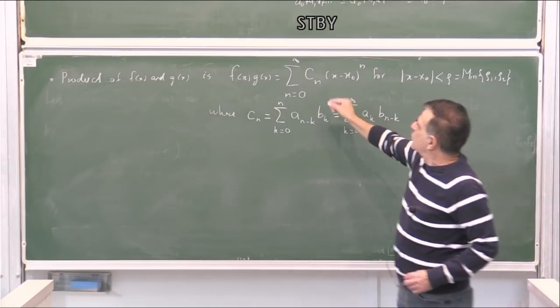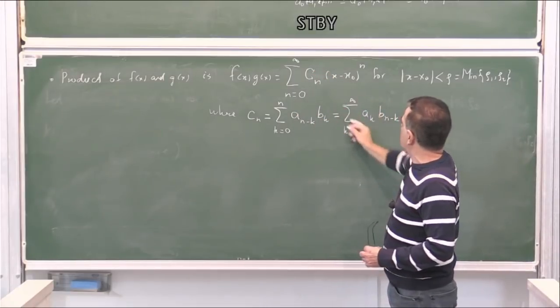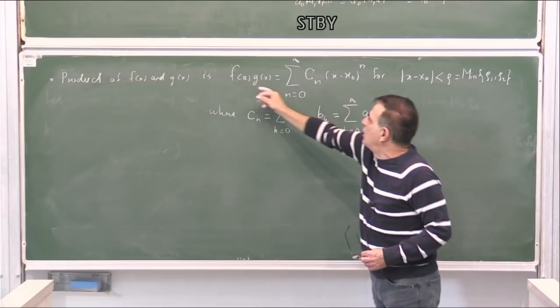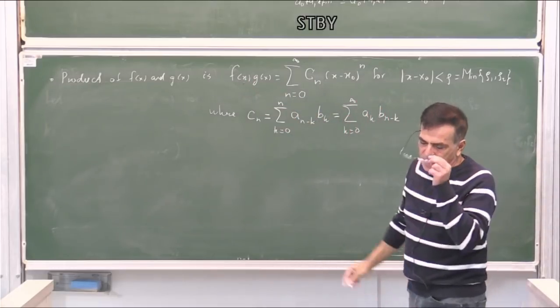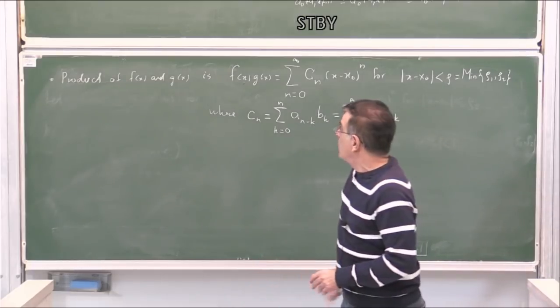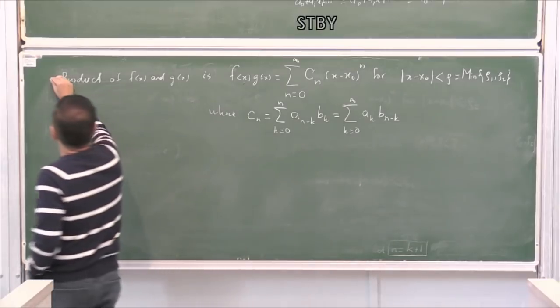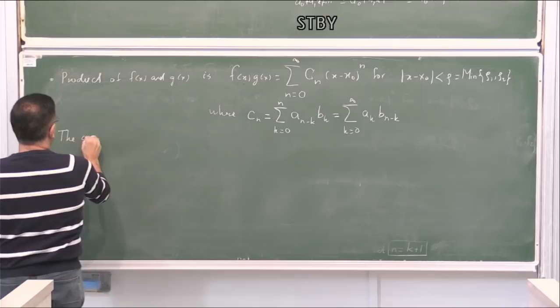Okay? So the coefficients of the product series can be calculated in terms of the coefficients of the first series and the coefficients of the second series. The detail is not important. But what is important here, look, the concept